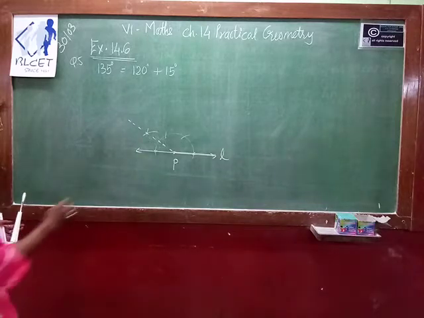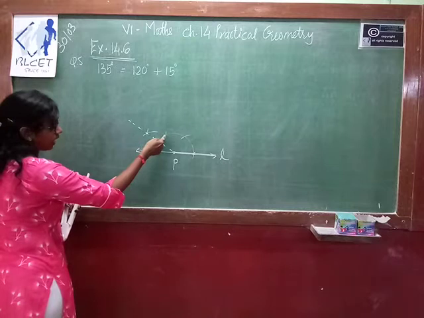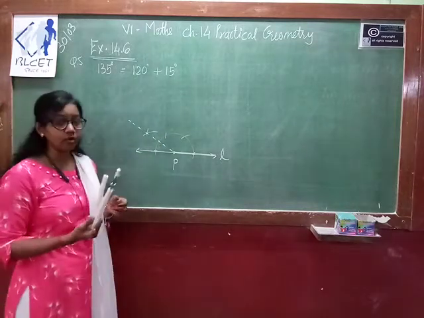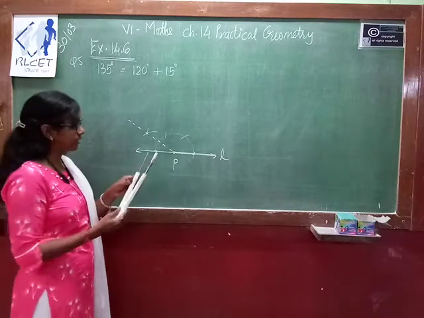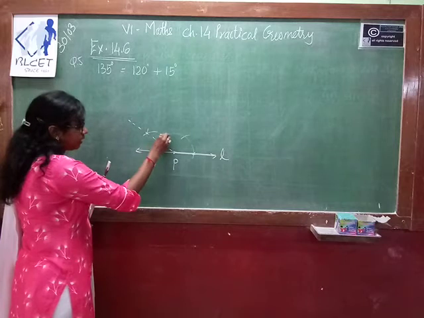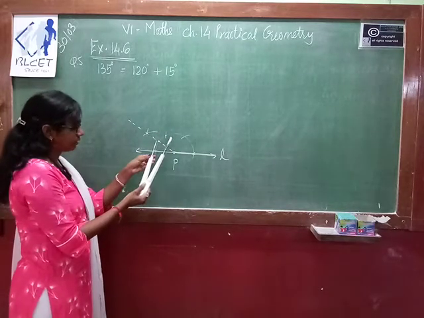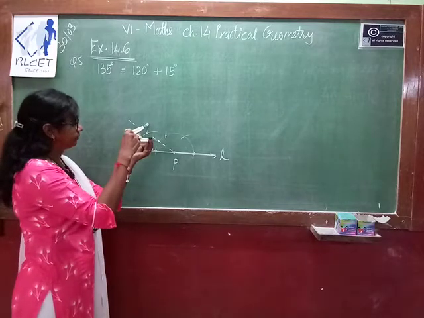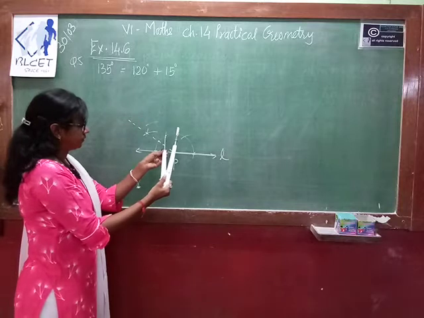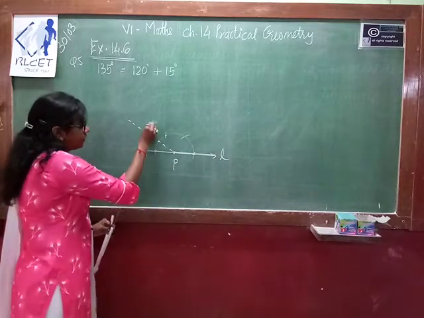Now this is your 30 degree and this is your 30 degree. This we bisect again, so that we get 15 degree. Do not change this measurement, keep it as it is. Now where we have to keep our pointer? Here and here. Again bisect. So you get one intersecting point.